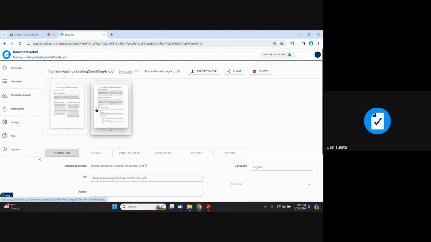of stuff that is kind of universal about this document. So things that we talk about with this PDF are really applicable to virtually every document you'll ever work on using Equidox. So there's plenty to talk about just within these 2 pages that will be applied to everything that you do moving forward. Okay, so when I clicked on that thumbnail, I'm now at the document detail page, and